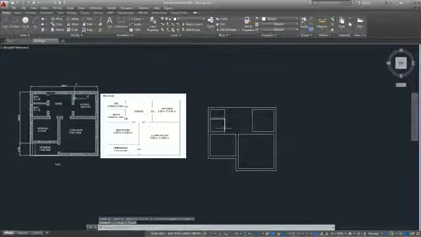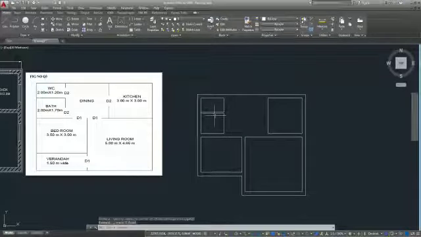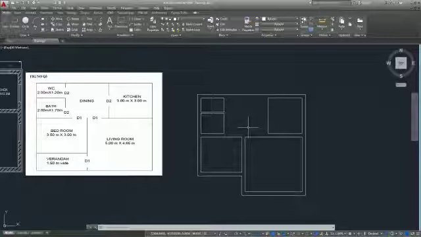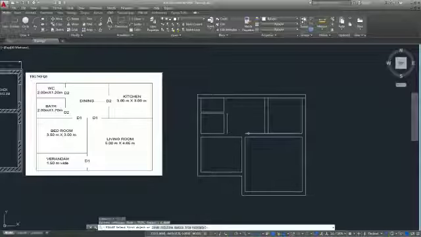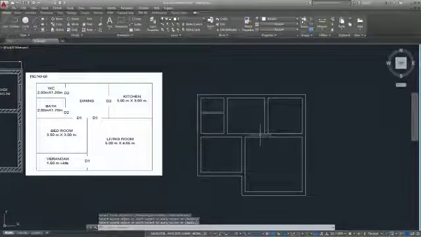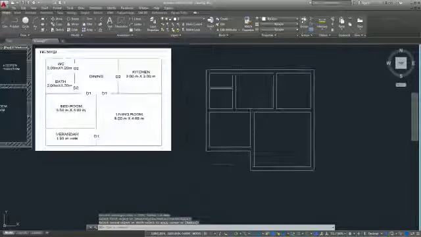See, now it's done. Now see this inner dining room, the wall thickness is not shown, so you have to give it inside. From here offset, from here offset, from here offset, from here offset. Okay, now I will fillet it. Okay, see, now the drawing is done.